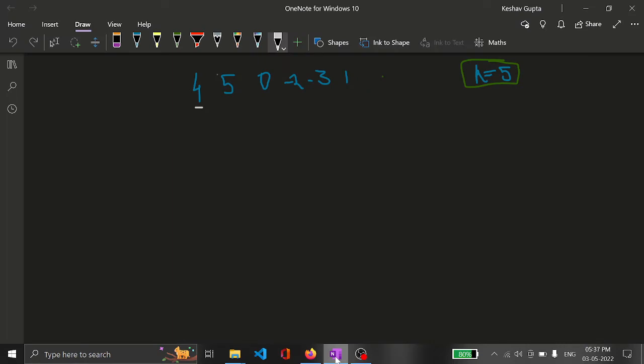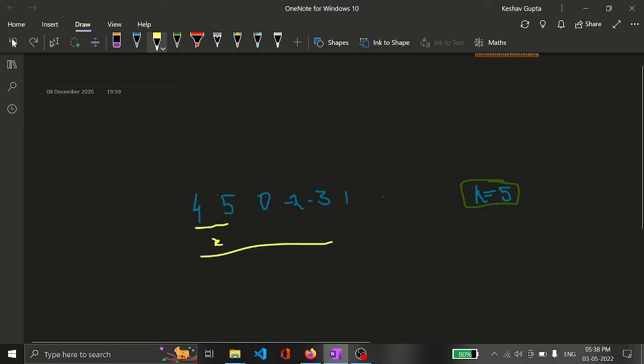So the approach to do these kinds of questions is that if you know that the sum of this part gives a remainder x on dividing by k, and the sum of this larger part on dividing by k also gives the remainder x, then the part in between has a sum which is divisible by k. Okay, the approach here is simple. So let's proceed with our approach.